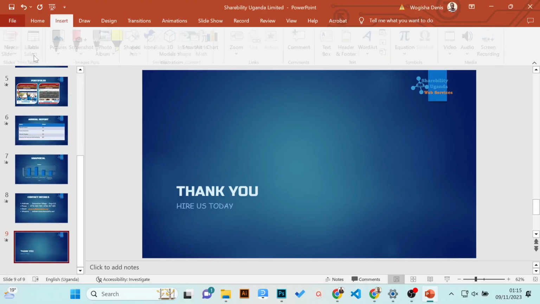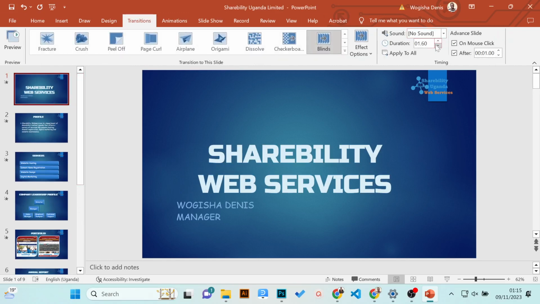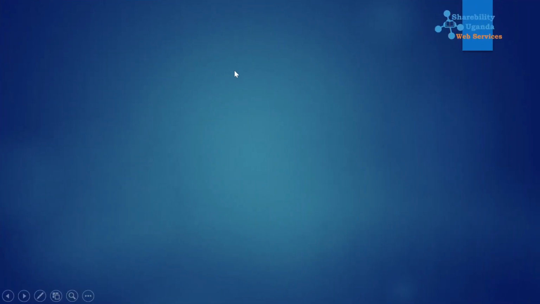Okay, now look at that one. The most ideal transitional effect. So if I go back to transitions here, I look at under timing. I may decide to remove the automation, and then I click apply to all, so that the effects only play on mouse click. So again, if I click slideshow, and then I say from the beginning, the effect plays,